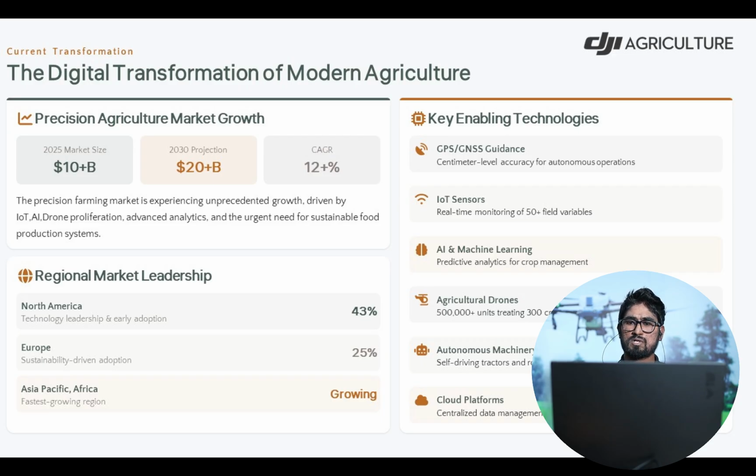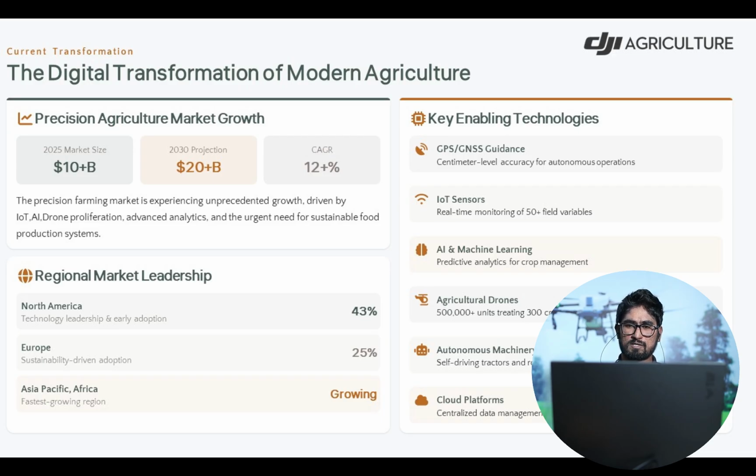And also, if we want real-time monitoring of field variables such as moisture level, humidity, and temperature variations, we can use IoT sensors. And we can use AI and machine learning to create predictive models for crop management practices.